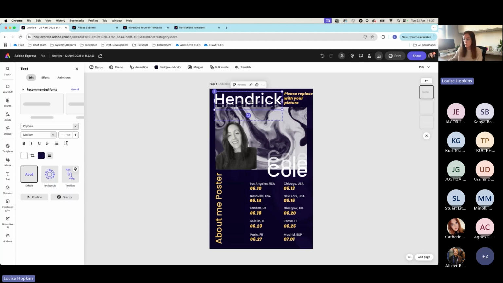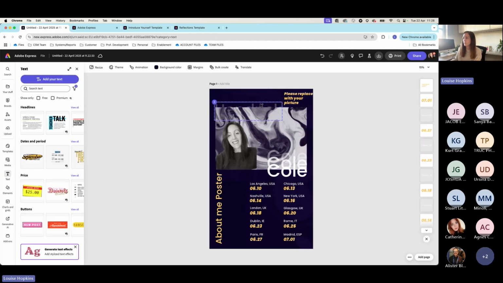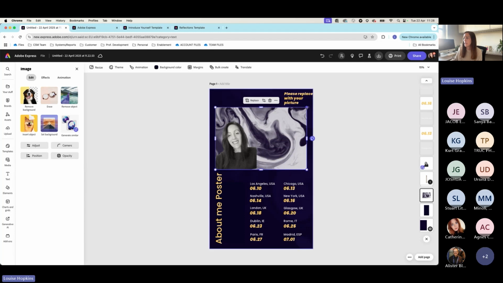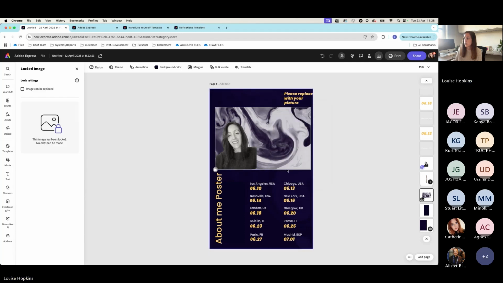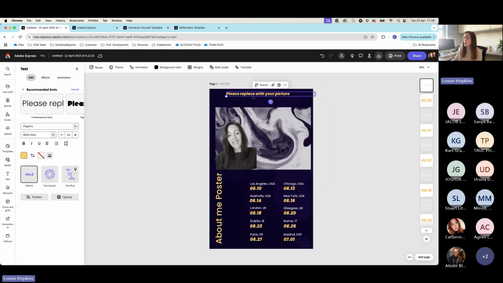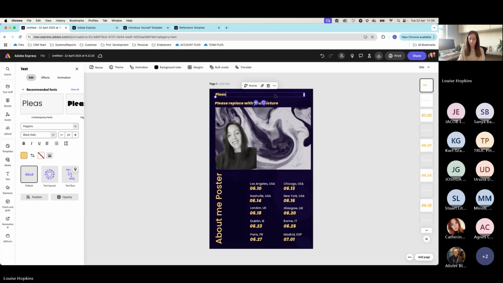Now, let's say, for example, we wanted to just take all that away and we wanted to remove all this. This one's absolutely fine. We want to keep that there. And again, we want to lock this. And we want to just put some instructions. Please replace with your picture. And then we can also say, please insert your name here. So we can give some instructions for this particular template,